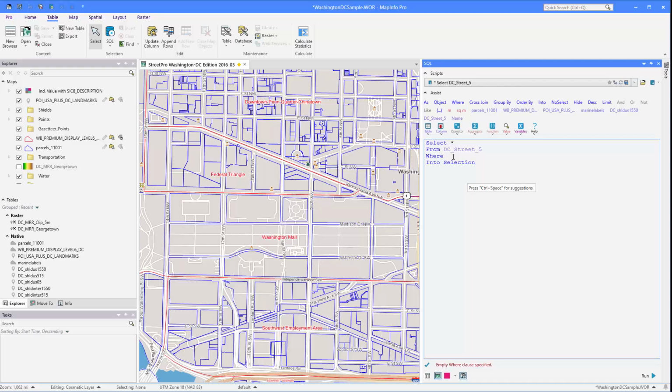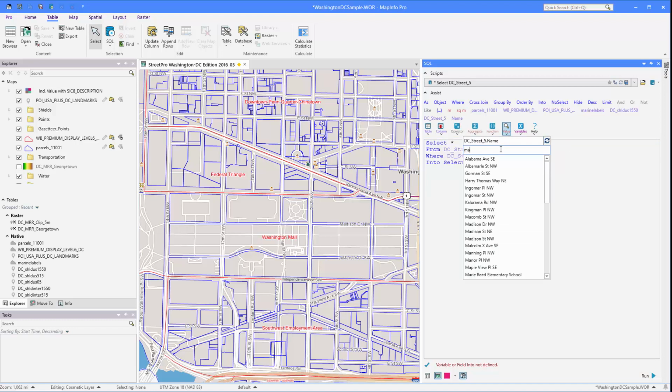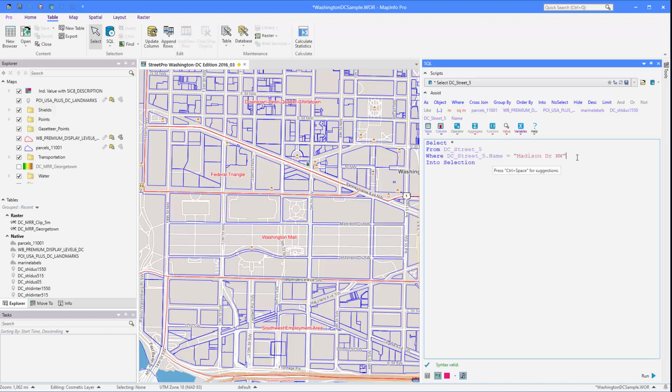I also just want to highlight, if you use the drop down here to select a column, you notice that the column is going to be prefixed with the table name. If you do use this option instead and enter the equal to operator, you'll be able to use the value drop down here to look for specific values. So here you can see all the values in the table shown. And if you're looking for a specific one, you can filter the list so that you only get the ones you're looking for. So in this case, I can just now pick Drive Northwest and actually get that inserted into